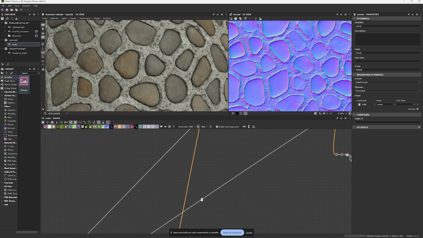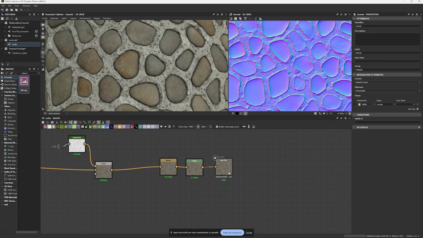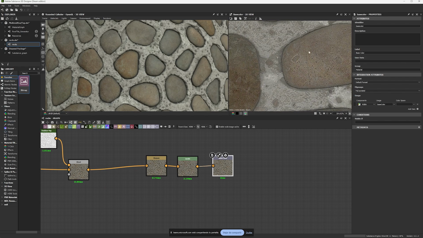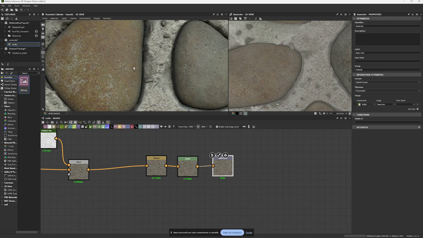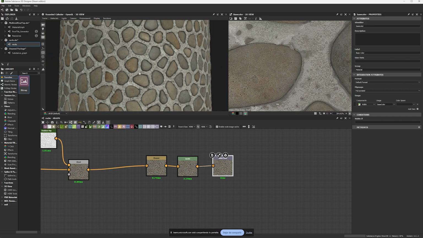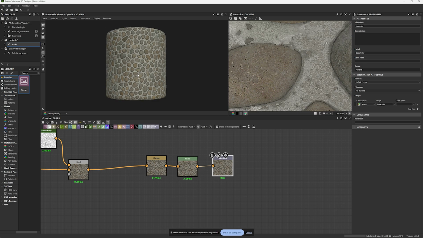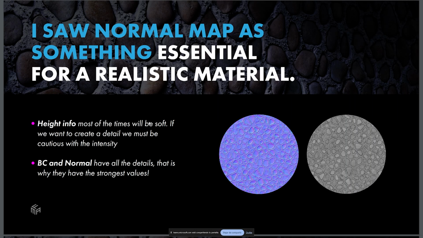And you can also have details in other places, like for example, your base color. So if you go to my base color, you're going to see there's a lot of things going on. And most of these are only on the base color because details are things that add value to your artwork. They are not part of your composition. And in order to avoid it being part of your composition, you have to be able to mask it and allow it to be not everywhere, but in some places in particular, with the right amount of intensity. So base color and normal have all the details on your material.